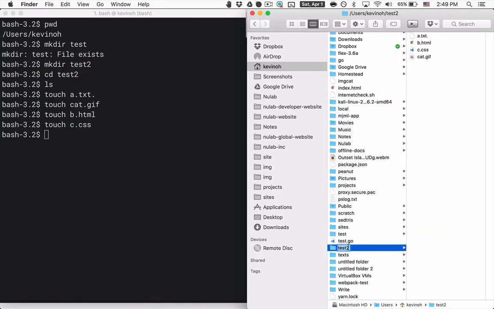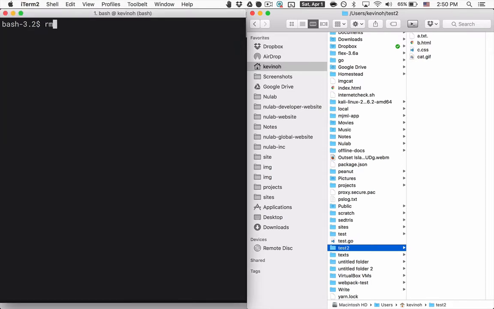Now let's say I'm done with this folder and I want to delete it. You might think that you could just do something like this, rm test2. But if I try that, it doesn't work, because rm is used just to delete files. So in order to delete a folder and everything inside of that folder, you need to pass in what's called a flag. In this case, the flags you would want are called r and f. So if I type rm and then a little hyphen, dash r space dash f, then this tells the rm command that not only do I want to delete the test2 folder, I want to delete it